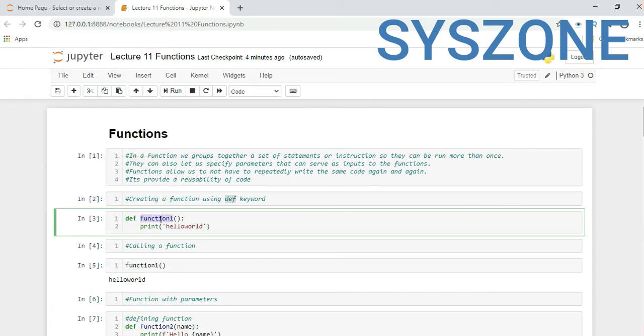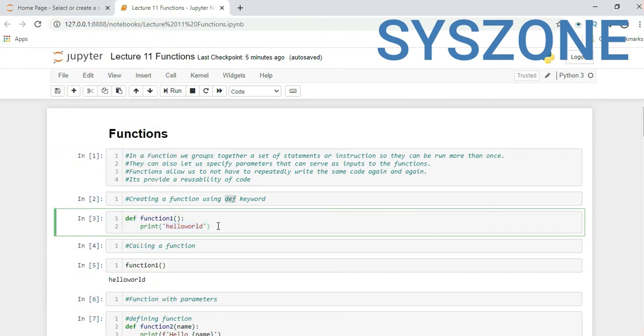So here I provided the name function_one. This is followed by parentheses and a colon. This part is indentation, where we make the code understand the block or scope of the function. It will print hello world. So here we created a function which will print hello world.